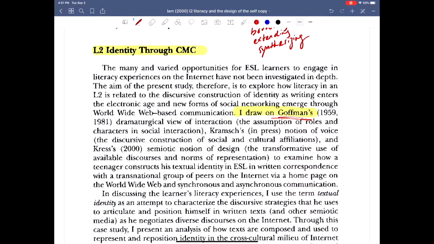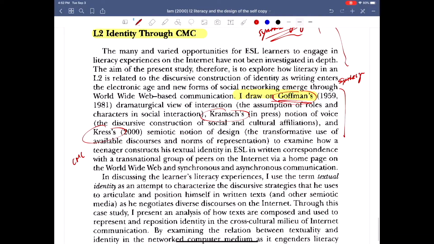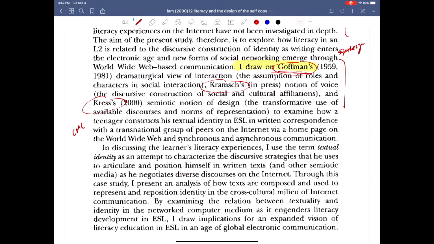This whole part when she does Goffman, Gramsci, Kress, CMC, she is synthesizing all their work because they don't really write in the same area. Goffman died before the internet. She's doing basically all of this by borrowing on their work and saying how she's going to apply it in this unique context. She's done a lot of defining before, but now she's explicitly saying how she,